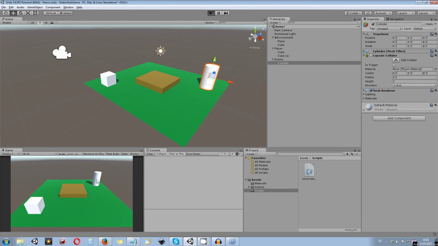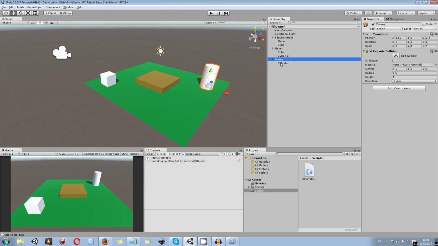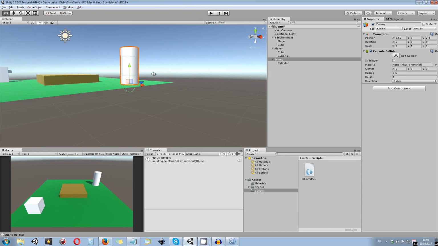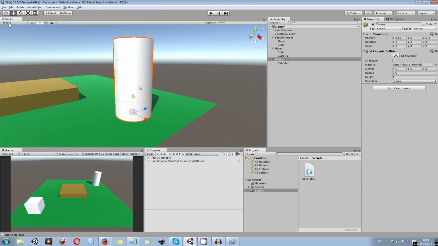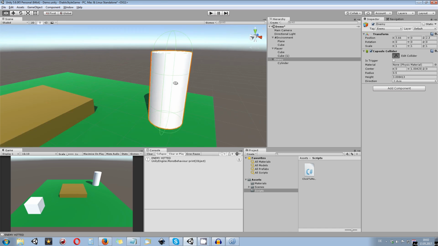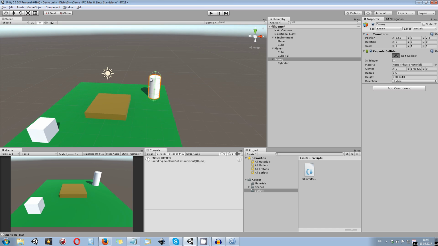Maybe it's too big or too small, or I don't know. But there is nothing. Okay, here came something, saying I was hitting an enemy. Maybe the capsule collider is not set up correctly in here. So yeah, you can see it's pretty small, so I need to increase the size a bit, maybe like that. And now I should be able to click this one,